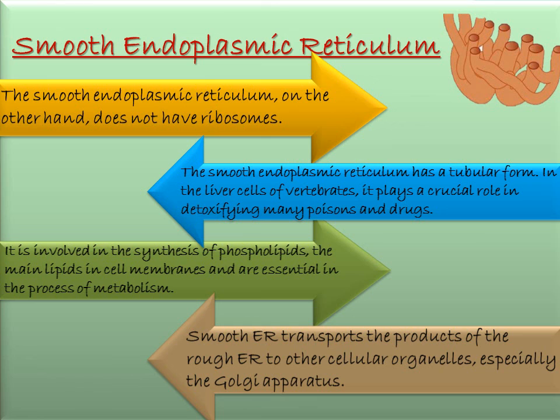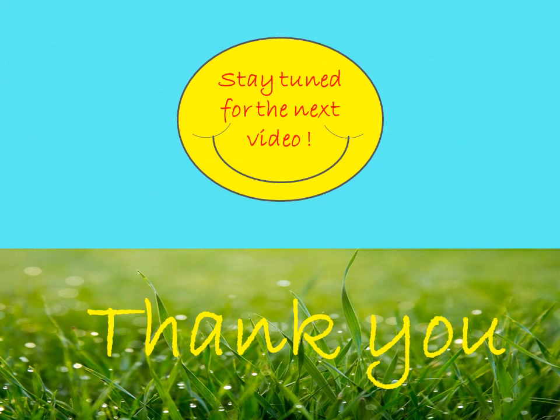Understood with this? So the functions of SER and RER can be asked differently, or a comparison can also be asked, that is, differentiate between the two types of ER. Understood? So RER is involved in protein synthesis. Why? Because it has ribosomes. SER is not involved in protein synthesis, but it is involved in lipid synthesis. Understood with this? Okay. So that's all for today.